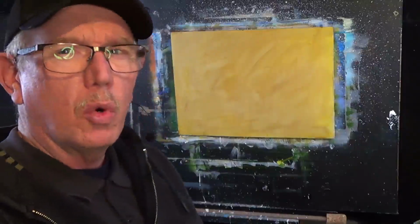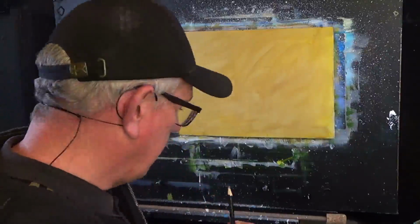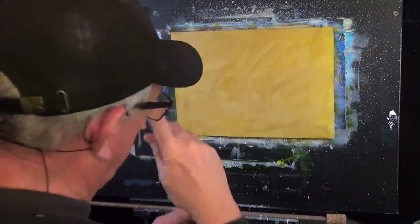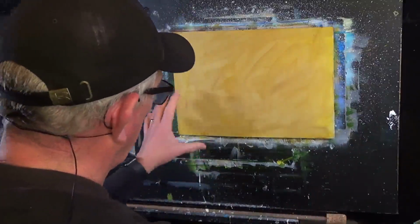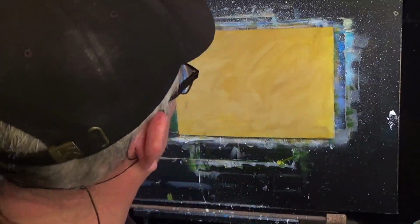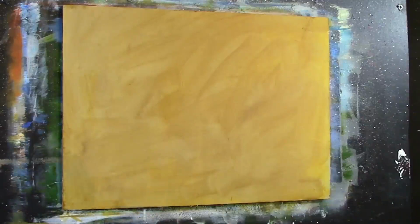One of the most important things I would recommend you don't do is go into a painting absolutely cold and not have any idea what you're going to be doing, because it's quite a daunting task. However, saying that, that's exactly what I'm going to be doing today. So I'm looking at this canvas and I'm thinking